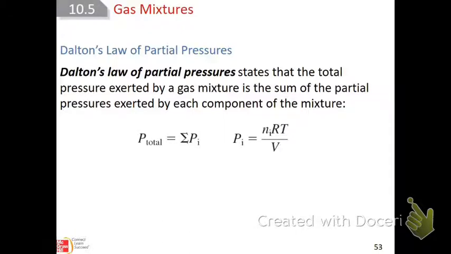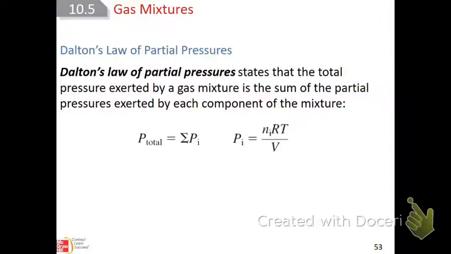Now don't let this sigma throw you. It simply means the sum, and you've seen that before, the sum. And so the total pressure, that's what the P stands for, the total pressure is equal to the sum of the individual partial pressures. And so that simply means that